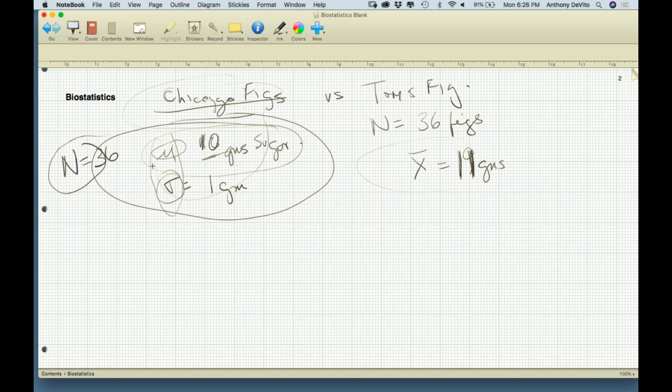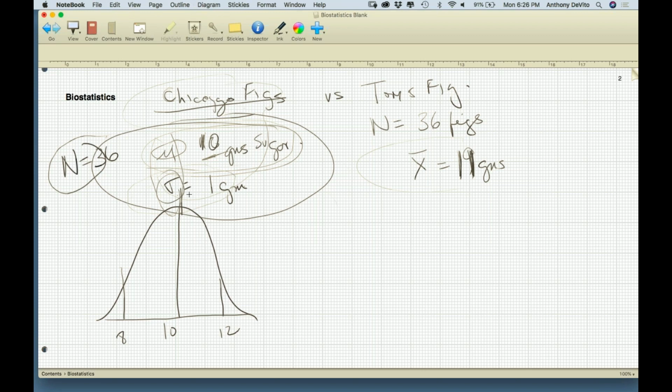Well, I'm fortunate because I know the true mean and the true standard deviation for the entire population. So I actually can predict that the average for each sample that I took would be 10 grams of sugar, right? Would be 10. And the standard deviation would be 1 gram. In other words, if we just look at the empirical formula for right now, 95% of the samples that I would take would have a mean between 2 standard deviations below, in other words, 8, and 2 standard deviations above, in other words, 12.